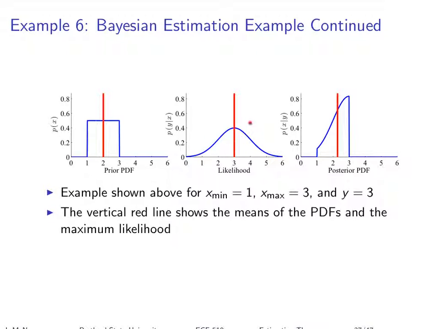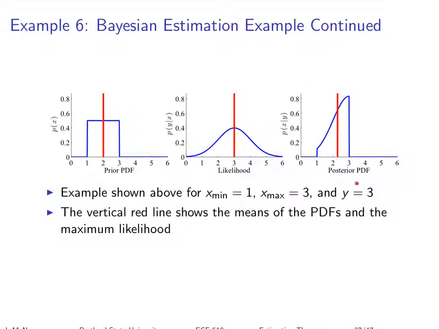So if we were doing classical estimation, or if we didn't have this prior information, then we would say, okay, we got a measurement of 3, and y is equal to x plus some noise that has a mean of 0. So you would then guess that the best value of x is what your measurement was. You would guess that it was 3. That would be the right thing to do if you want to minimize the mean squared error, or pretty much any other error because it's a symmetric distribution.